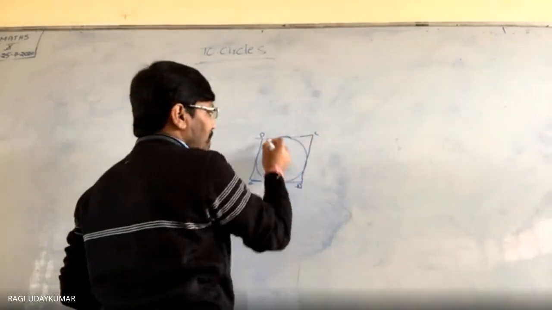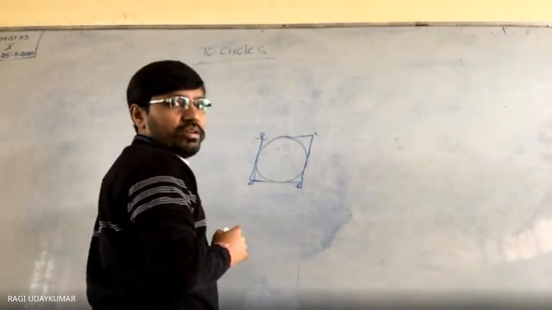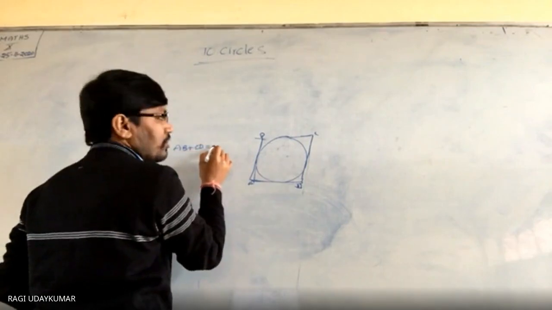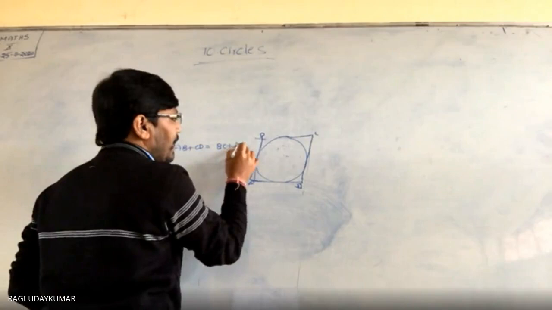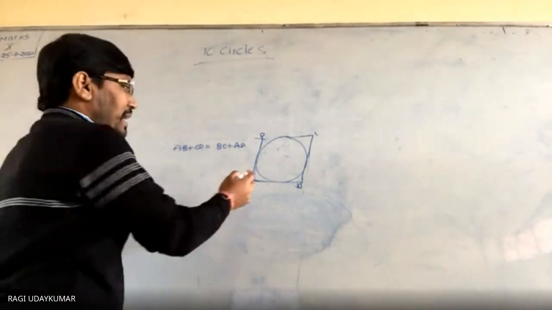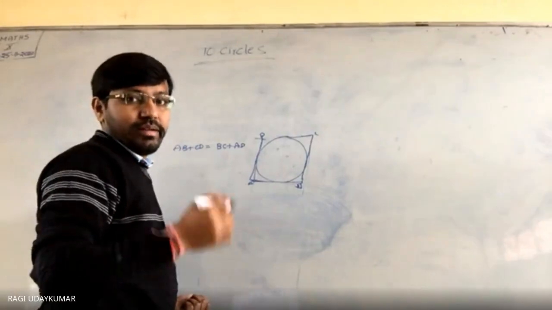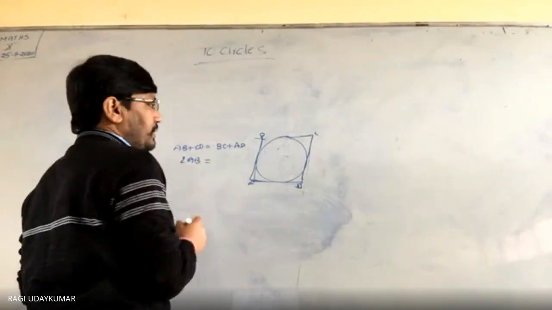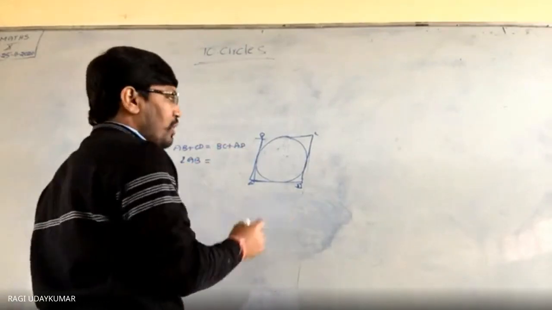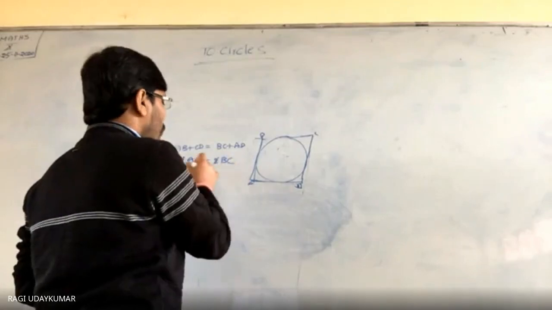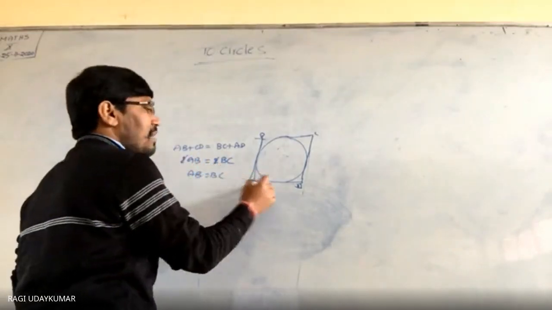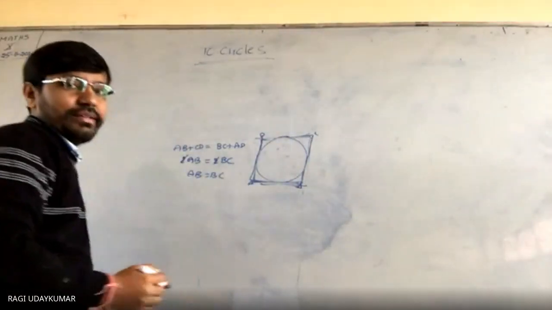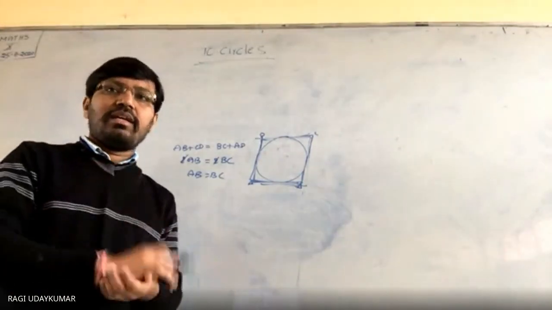We already proved that the sum of these two will be equal to the sum of these two. In the previous problem we have proved that AB plus CD is equal to BC plus AD. And AB and CD are equal because a parallelogram is given to us. So you can write 2 times AB. BC and AD are equal, therefore you can write 2 times BC. So 2 will get cancelled. AB is equal to BC. AB equals BC, AB equals CD. AB, BC, CD, DA are equal. So a parallelogram in which all the sides are equal is a rhombus.